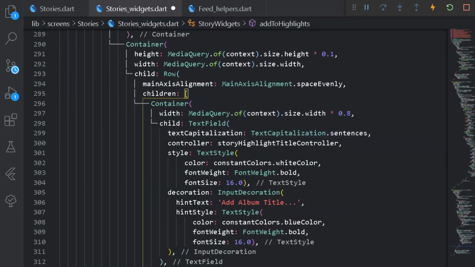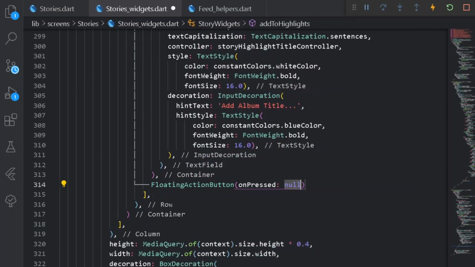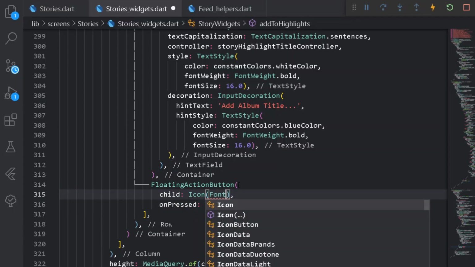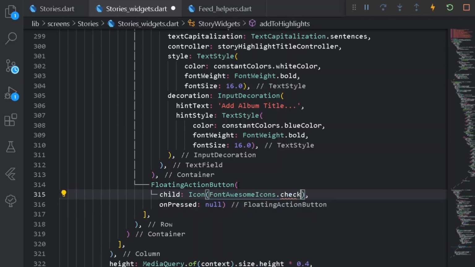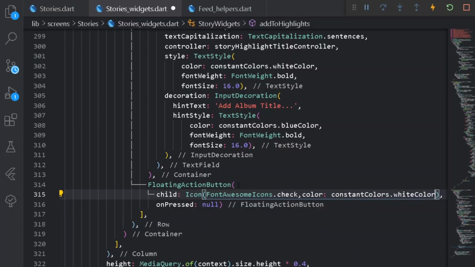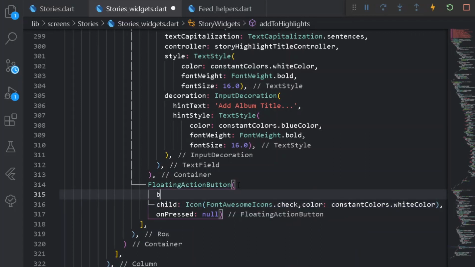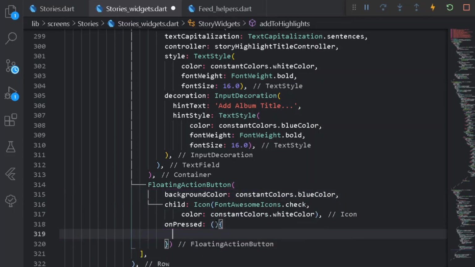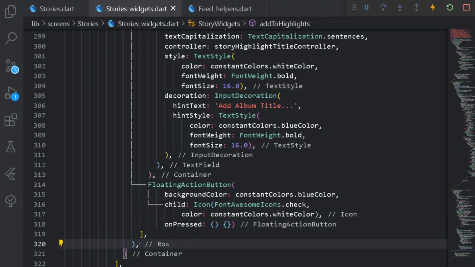Once we have done the following thing, we can come out of the following container, and here let's have a floating action button. Under floating action button, first of all let's have a child to be an icon, for a font or some icons, dot check. Let's have a color of Colors.white. Let's have a background color to our entire floating action button. So here let's have Colors.blue. Cool. Here it will have an onPressed property, which will be creating a new collection under our Cloud Firestore, or simply adding a new album of our entire highlights.